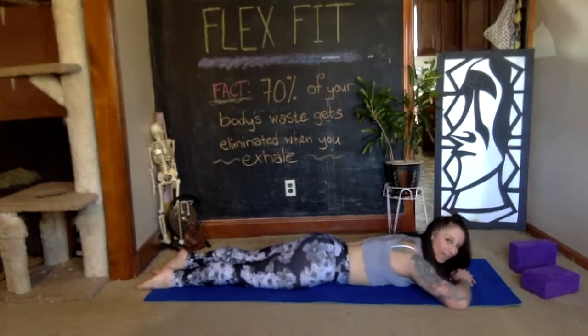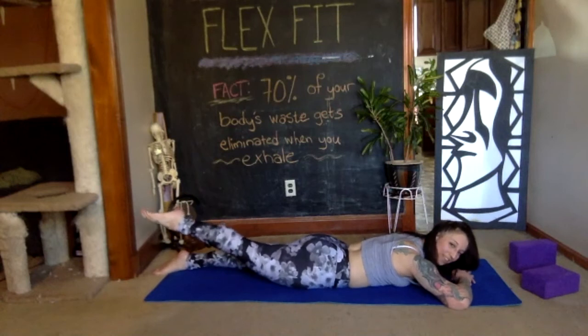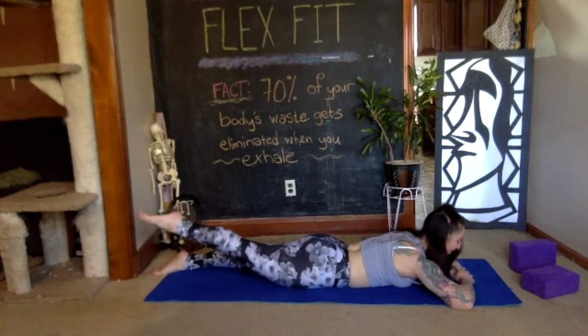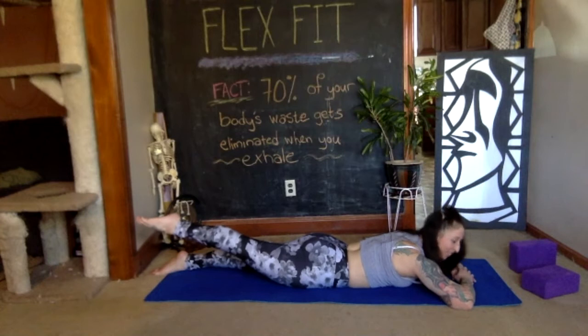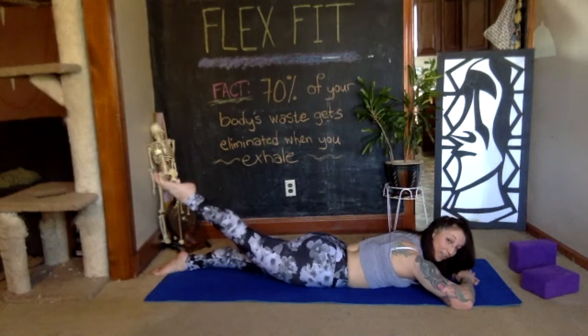So everything else is relaxed. Left leg's relaxed, hips on the floor. Engage your right leg, sending it out behind you with a straight leg and a pointed toe. Engage the quad to keep that leg straight. Squeeze your glute to lift your leg higher. And back down for 8,